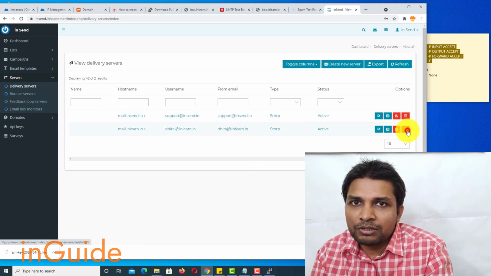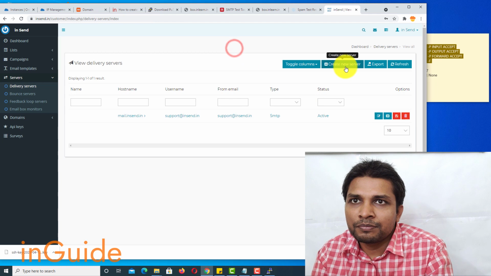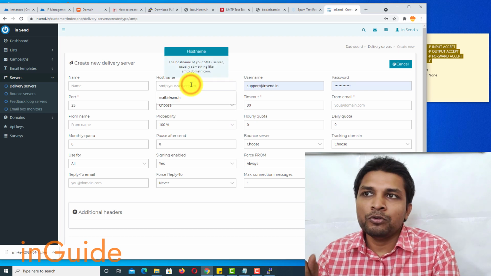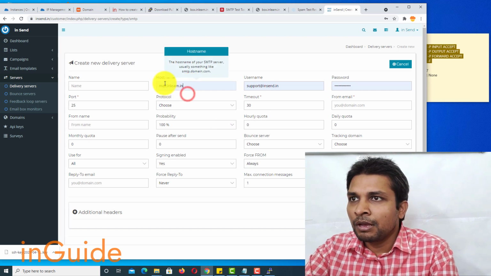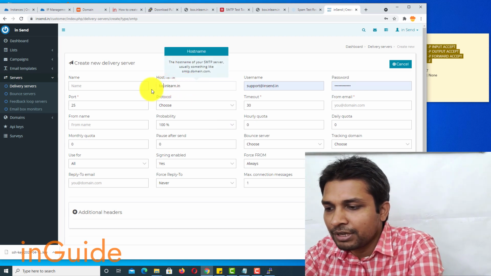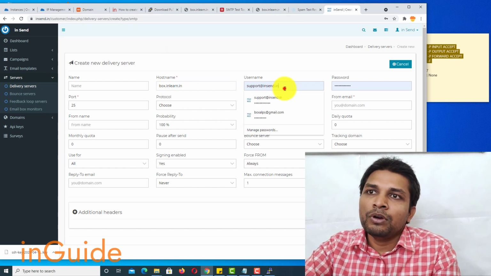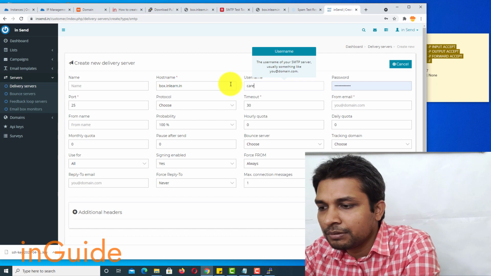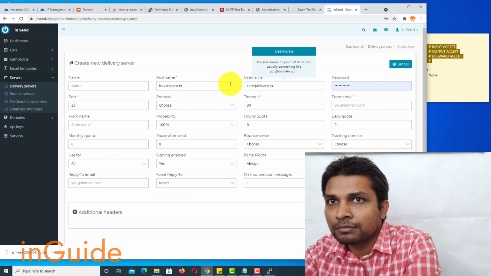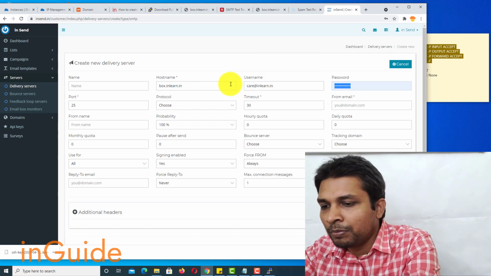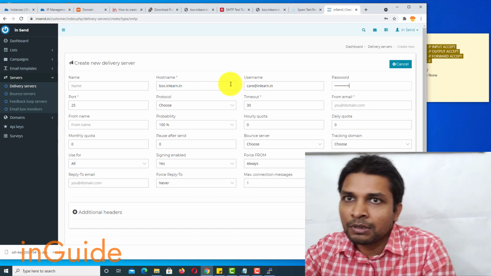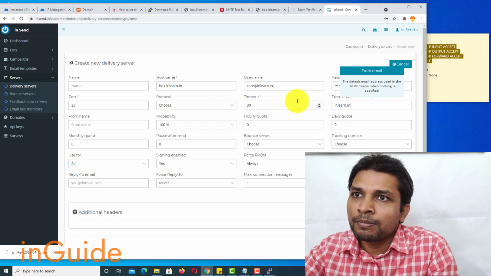Next is the delivery servers. Let me delete this one first, and then I'll create a new SMTP server. Alright, next here you have to put the host name, and the host name is box here. Then you have to put the username, which is care, and then you have to pass on the password from mail.